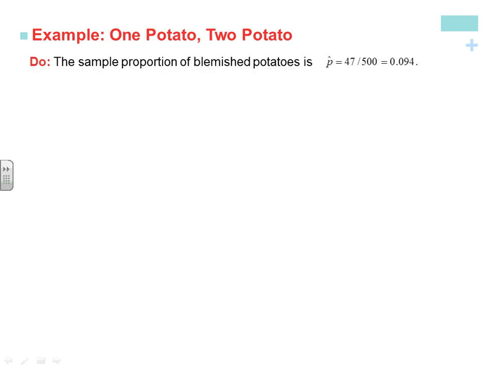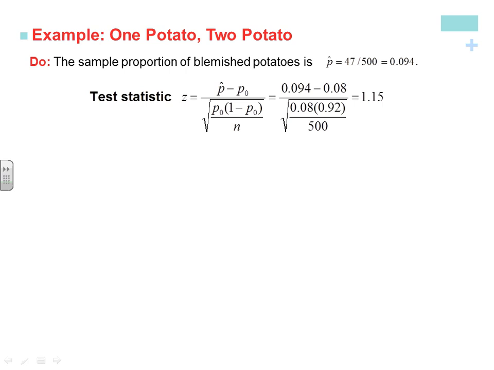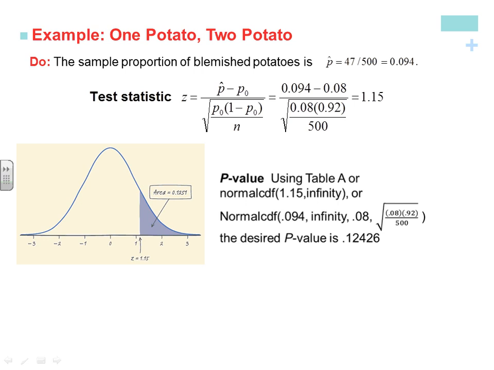So if you like converting it to the z-score I'm showing you, I don't like to do this very much, but go for it if this is your thing. So you can convert your statistic minus your parameter divided by your standard deviation, and this gives you a z of about 1.15. Otherwise, you could set up